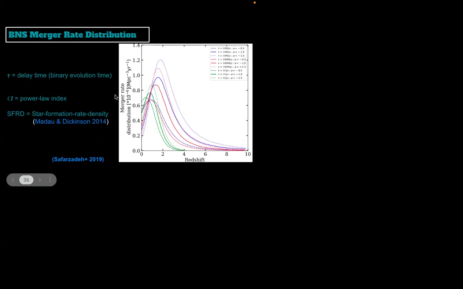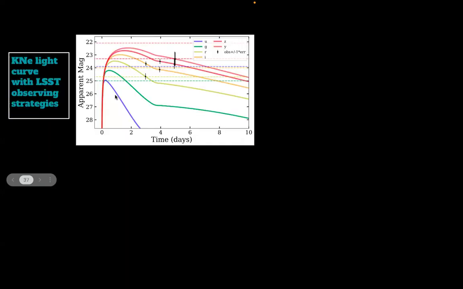But we start with these models, and these are the most available and detailed models for the binary neutron star merger rate distribution. And what we do is we randomly draw our kilonovae for this entire redshift range following these distributions. So all our initial kilonovae are from these distributions. And then we use the MOSFiT model, and for each kilonova, we attach a light curve. So we give the ejecta mass and these three ejecta velocity values, and we create a light curve model for that particular kilonova at that particular redshift.